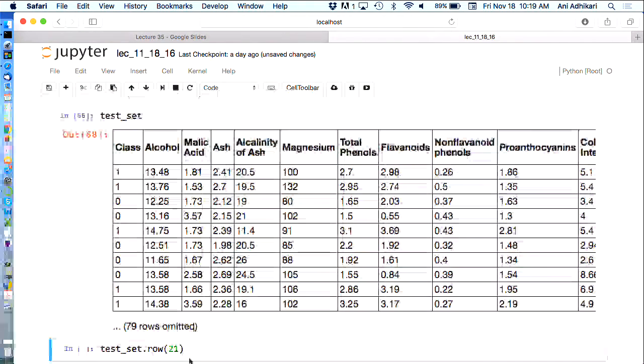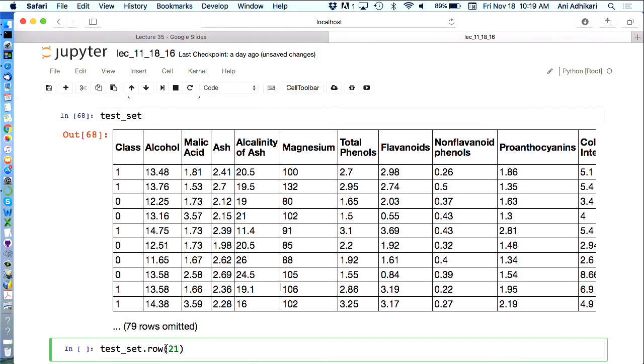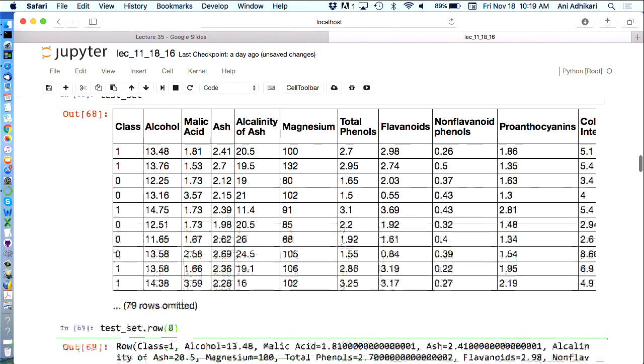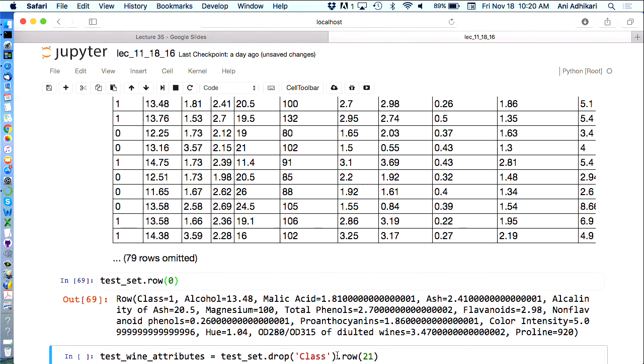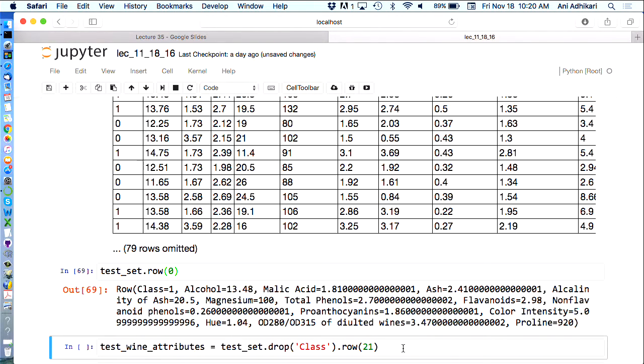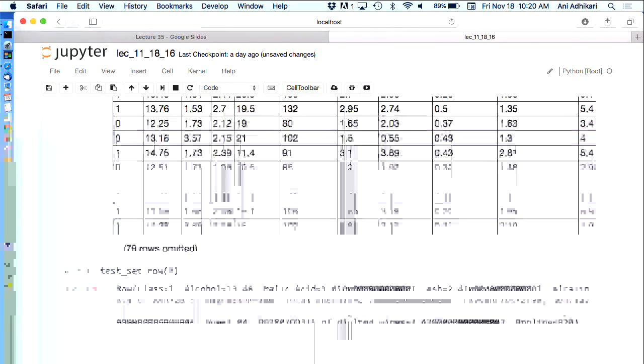Why did I take row 21? I want to take one of these ones. You know what? Why don't we just start with row 0? Okay. So I'm just going to look at this first wine in the test set, and that looks like that. You remember row objects are these weird things that have the elements annotated by column label. So this thing is in class 1. I am going to need to find its distances from everything else. So what I need is all its attributes. So we drop the class, and then we take